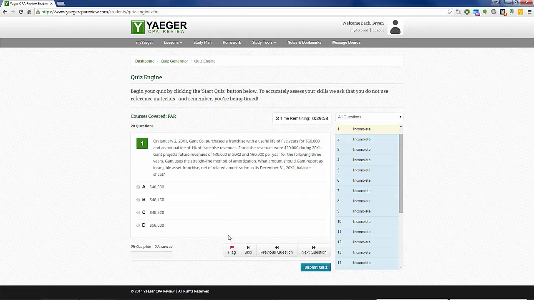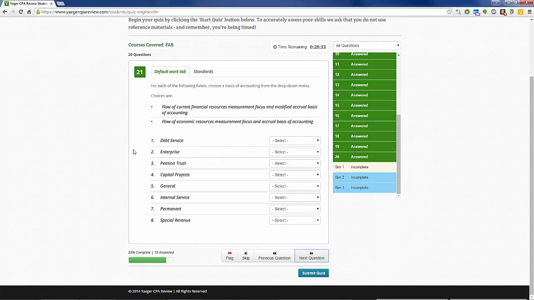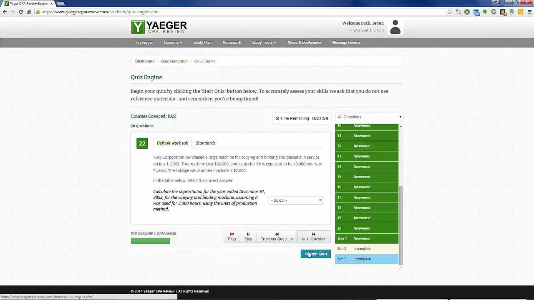As you can see, the setup is that you can flag, you can skip this question, you can go to the next one, previous one, and so forth. And you keep track of your progress here. Okay, so I've clicked through all the multiple choice questions. So now we're up to the simulation. Here you'll be given a question, and then you'll be given a few different options. So you'll go through and select whichever option you think is correct, and then you'll go to the next question, and so forth. So once you've answered all the sample simulations,